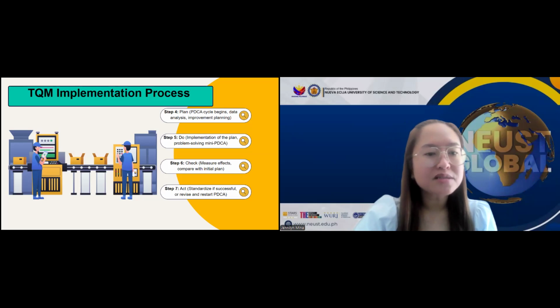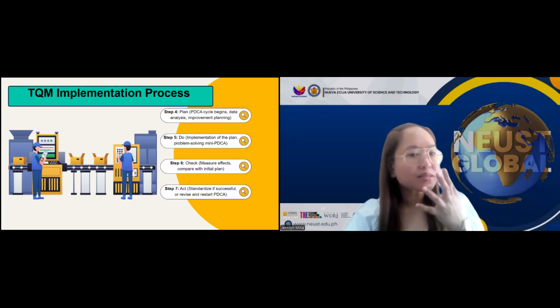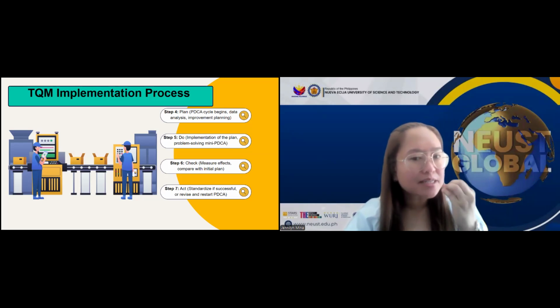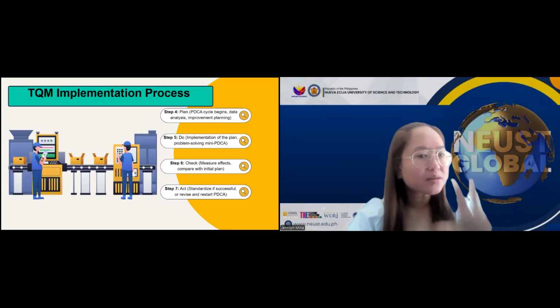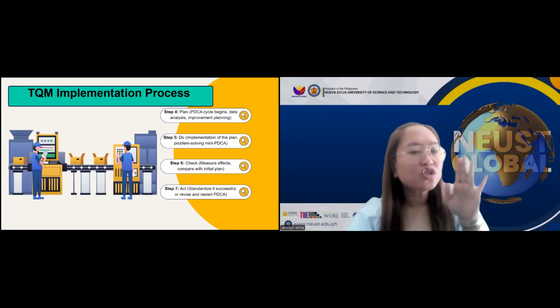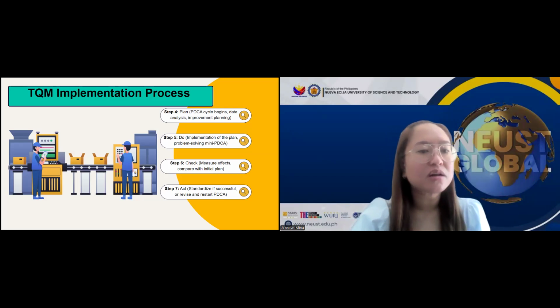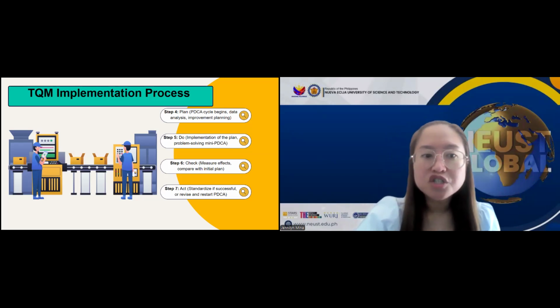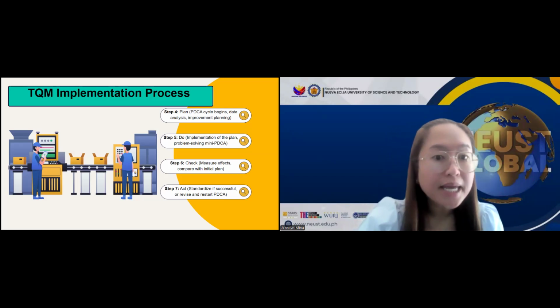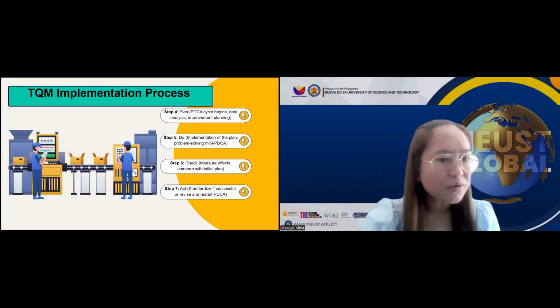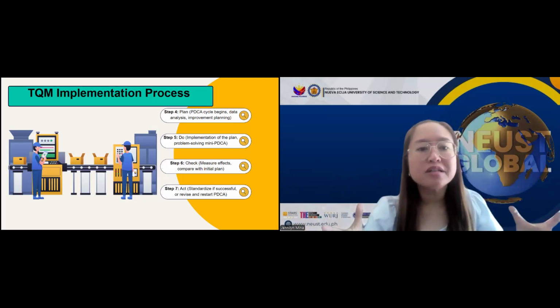The last step, step 7, is act, standardizing or refining the change. If the improvement was successful, the company formalizes the new process. If not, lessons are documented and the plan, do, check, act cycle, the PDCA cycle, restarts to find a better solution. Coca-Cola launched the new Coke formula in the 1980s, but after a negative customer response, they quickly returned to the